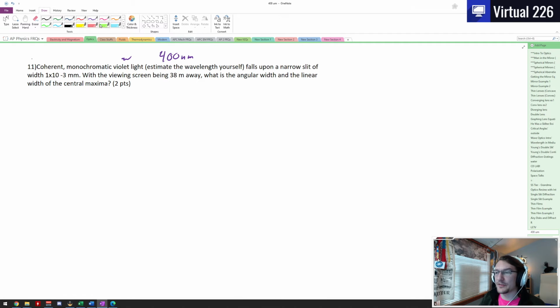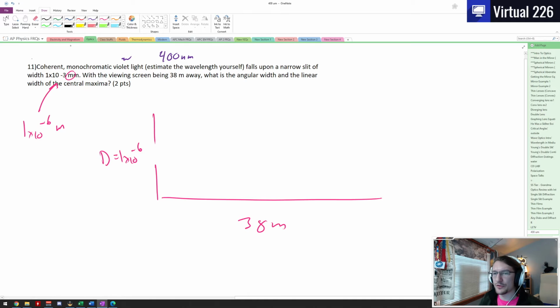And it falls on a narrow slit, so singular, of width 1 times 10 to the minus 3 millimeters, excuse me, which means that this is really 1 times 10 to the minus 6 meters whenever we convert that milli. So what we have here is a slit width d equals 1 times 10 to the minus 6th. And then this here is 38 meters away from a viewing screen. And on that viewing screen, we have our